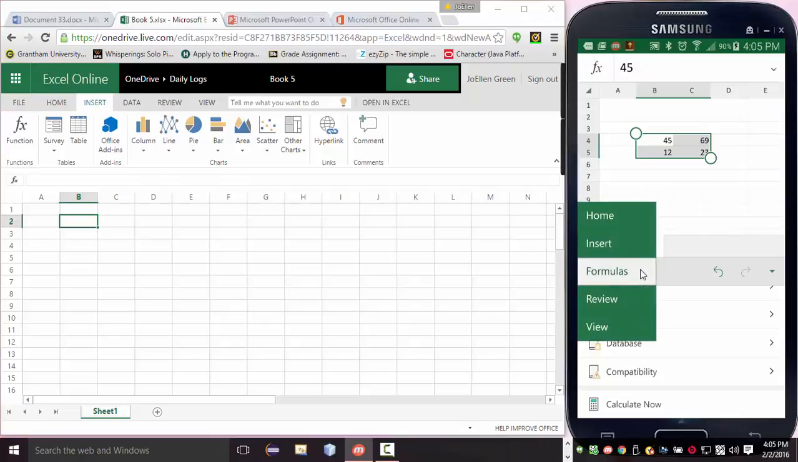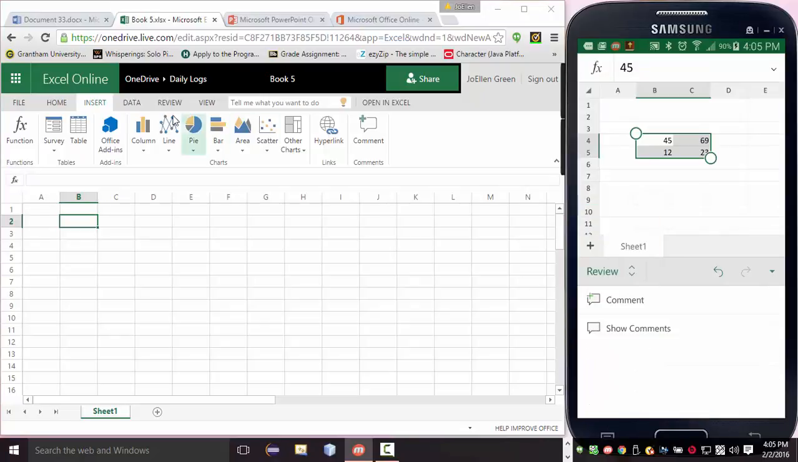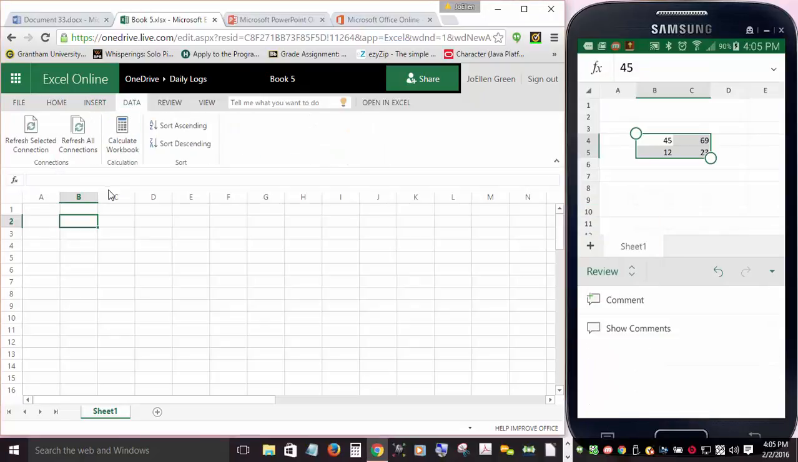button. And then the Review, we don't have a Data tab, but we do have the Calculate Now, which is calculate the workbook. This is refresh connection, refresh all the connections, sort ascending, sort descending. And then Review, we're going to look at that. We have comments and show comments, pretty much similar to what's going on here. And then the final one, View,